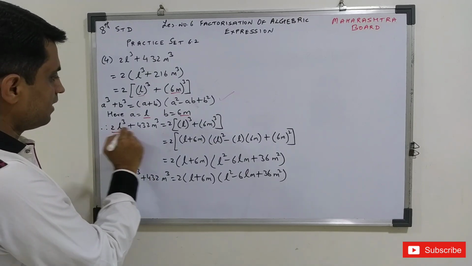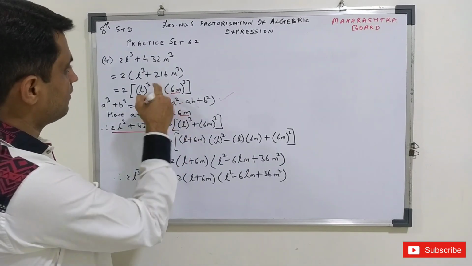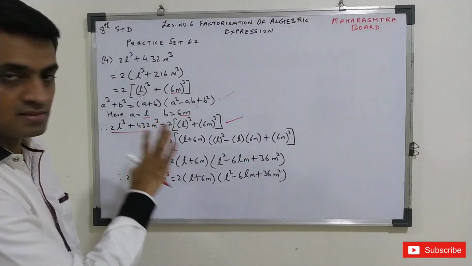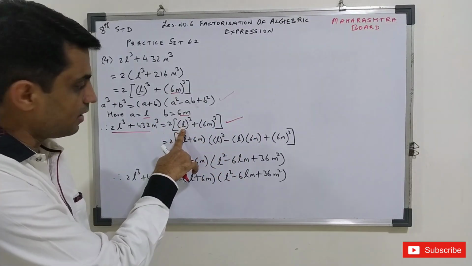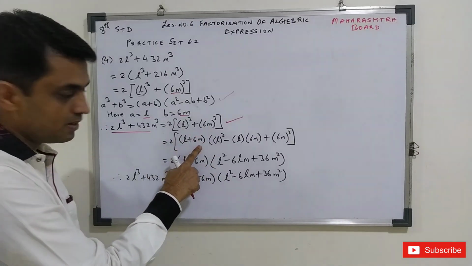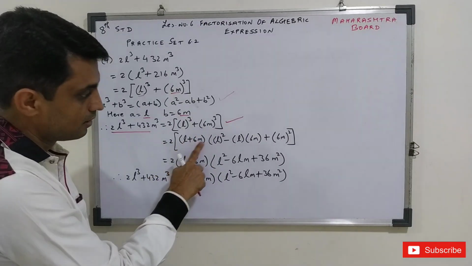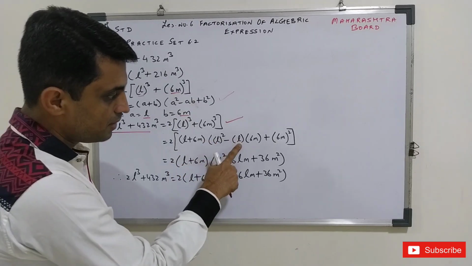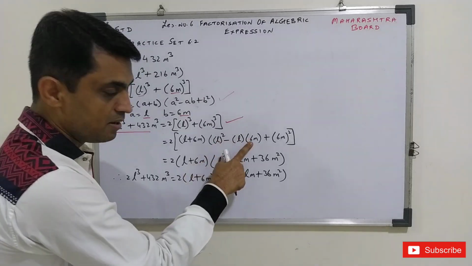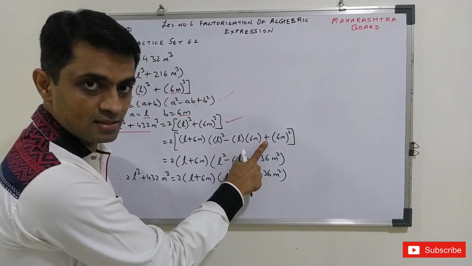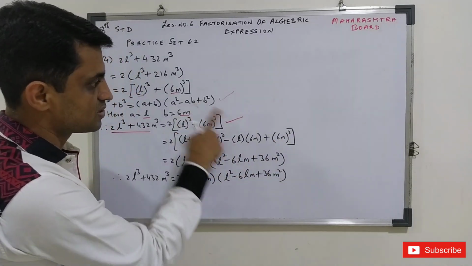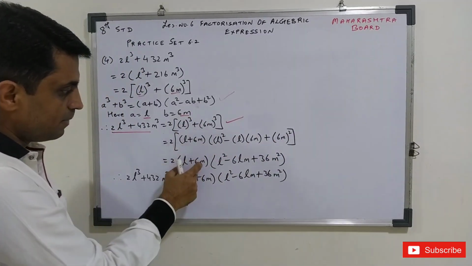Now this we have written as the question, and the 2 outside we have written in this form here. Now 2 as it is. Let it be. This will become your A and this will become your B. So what is the formula? A plus B, means L plus 6M. A means L, and B means 6M. Plus B square means 6M the whole square. I have used this formula here. This will be as it is.